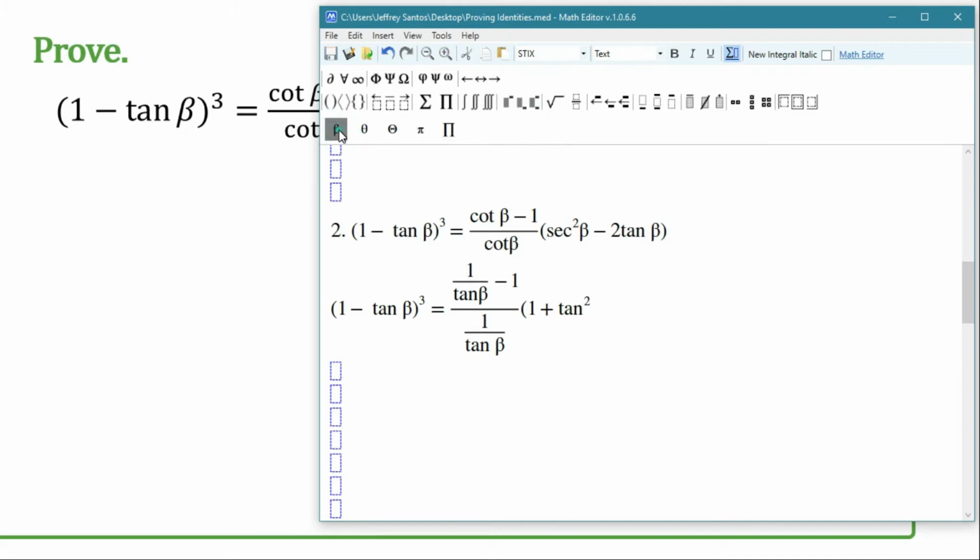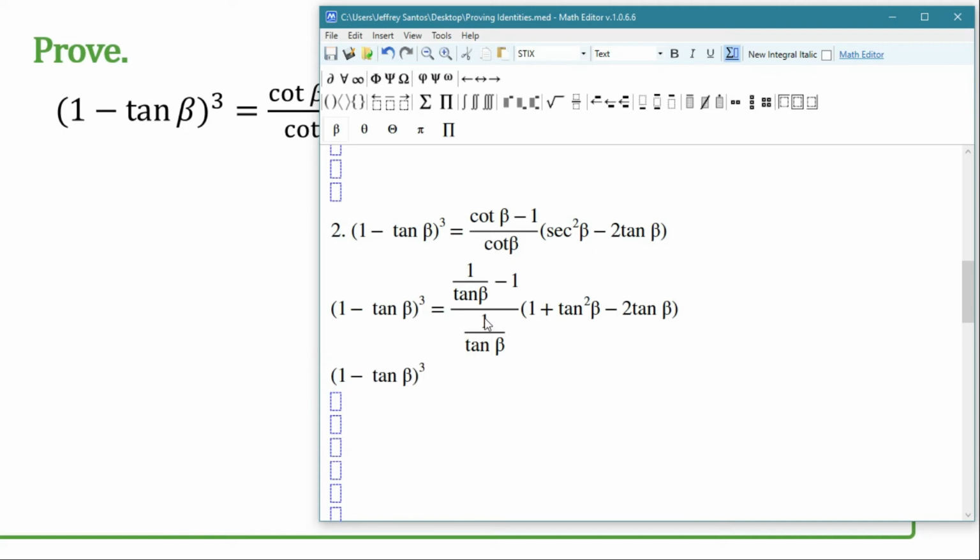Okay? So, we have just represented secant squared as this one and then minus 2 tan of beta. So, that's it. We have just manipulated it using the fundamental identities. Now, since this is somewhat a complex fraction, what we're going to do is to at least simplify this one by multiplying the numerator with the reciprocal of the denominator, making this one equivalent to,